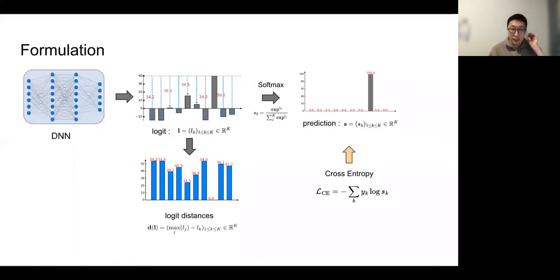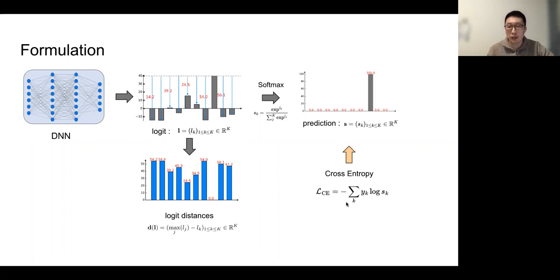So here, let's see some formulation first. With the DNN networks, it usually outputs logits in the logit layer. It will output the logits for each input, and then we apply a softmax function to make the output look like a probability distribution. And for training the neural networks, the standard way is using the cross-entropy.